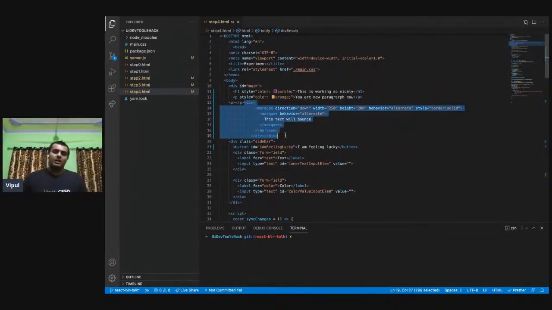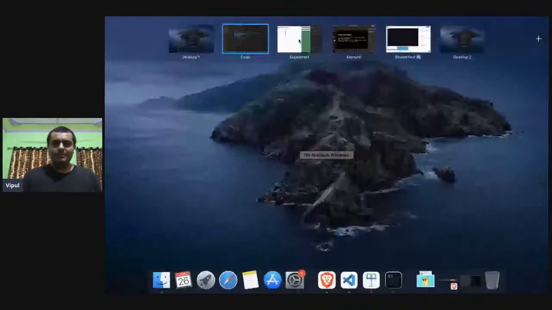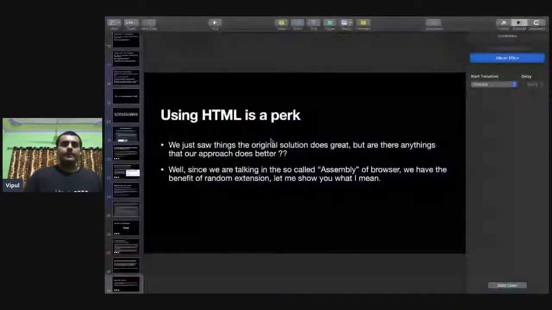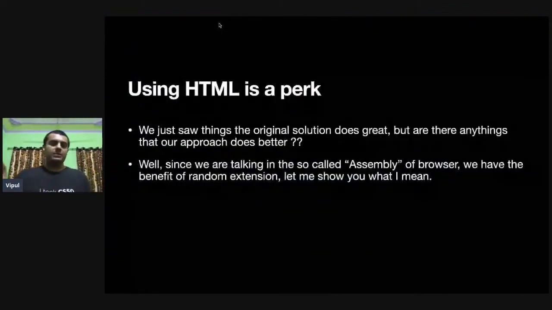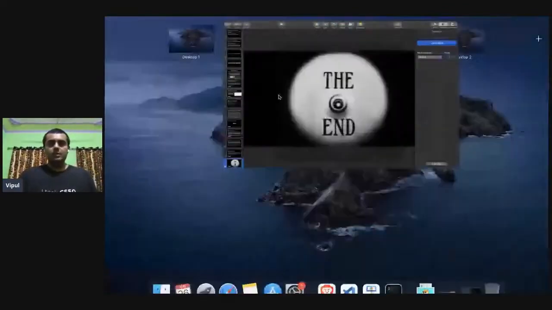So you could do arbitrary elements. You could write whatever you want in here, even HTML elements, just not the properties, but the HTML elements also, and maybe some JavaScript also. I'm not sure, maybe. So yeah, HTML has its own perks, and that was the end. Thank you, and